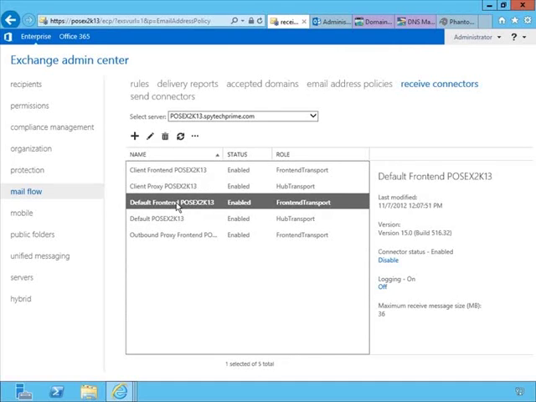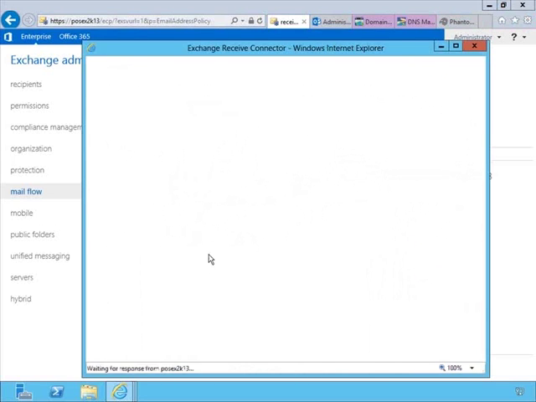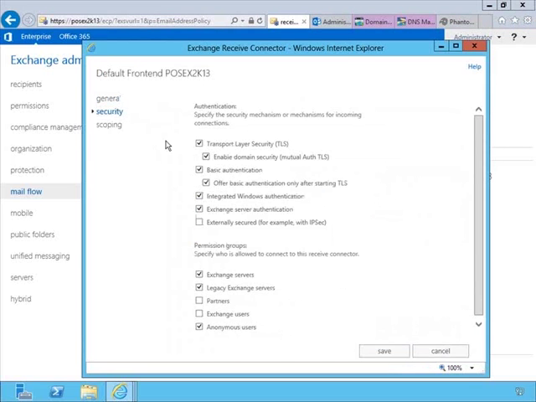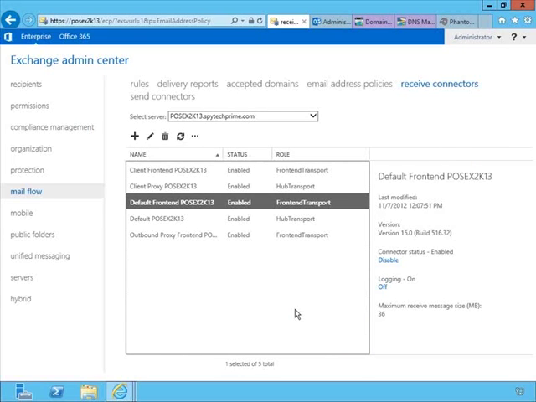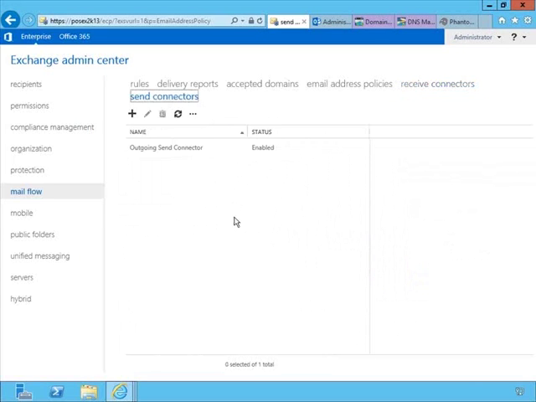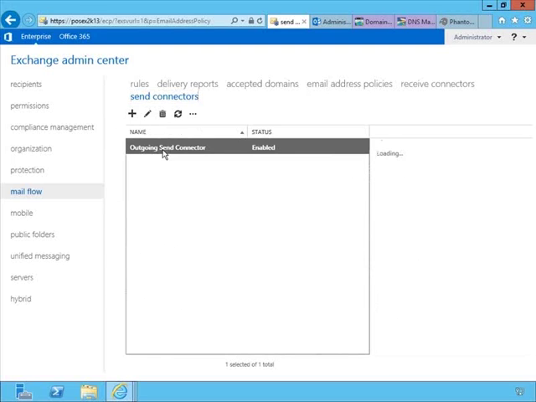We know too that email can be sent from anonymous individuals online because under the security settings, anonymous users have been selected. So we're ready to receive email, but we're still not ready to send it, right? Because we're still working with that send connector that is using DNS MX records to send email out. And that's not going to work because we have a dynamic IP address, and we know that, at least in the case of TrainSignal, email is not going to make it into their organization unless we go through a smart host. So if we click Outgoing Send Connector, double click it so we can edit that,